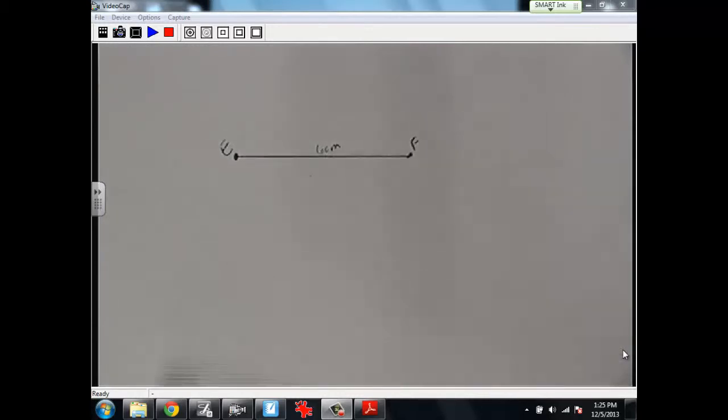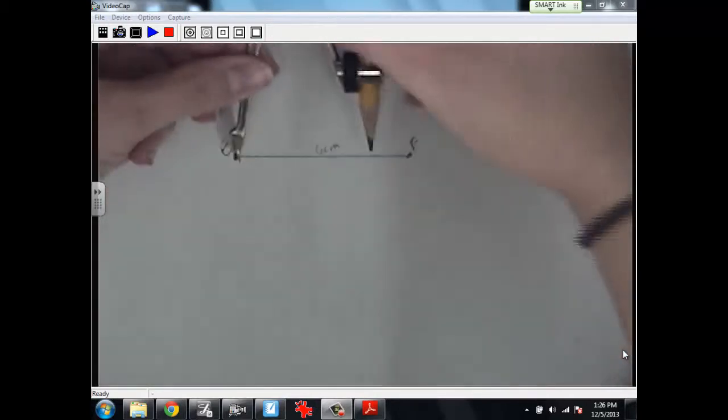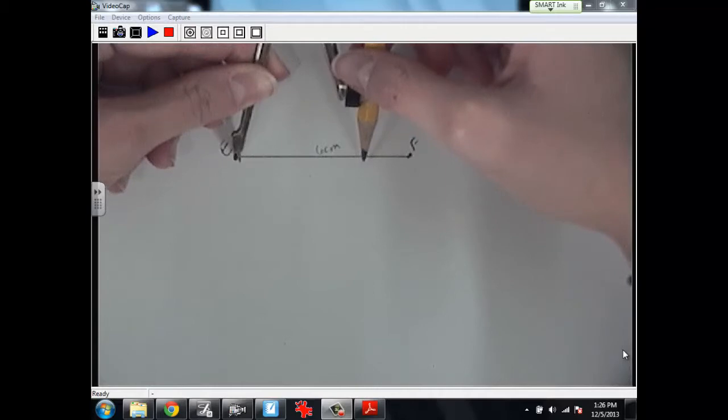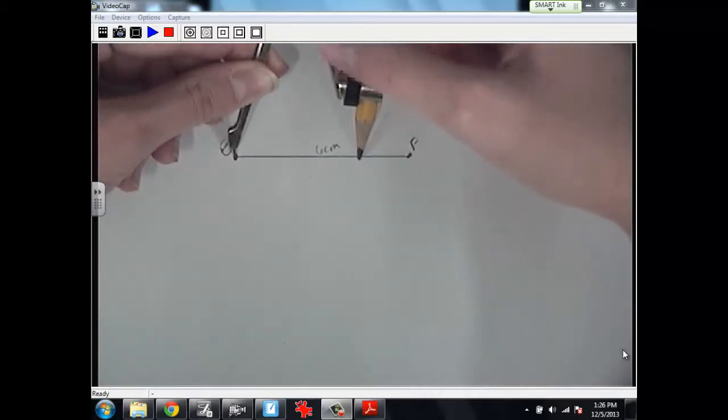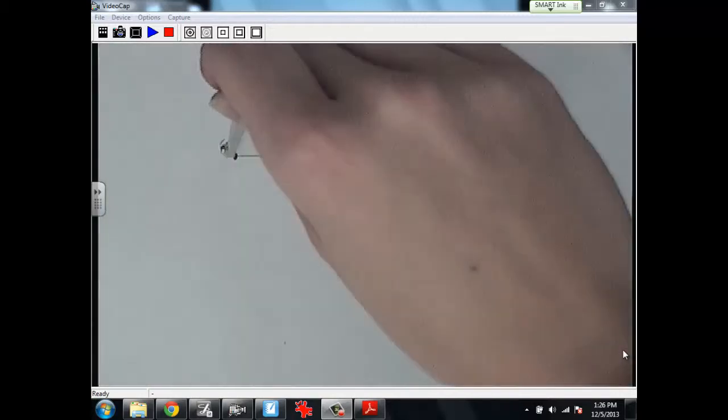I want to bisect it, and I also want to create a right angle in there. Watch what we do. I take my pointer on the compass and I put it at point E, and then I open my compass a little more than halfway. And here's how you make your life easier. If you hold it up here, it's going to be a lot easier to work it and spin it and use it, okay? So I put it up here,